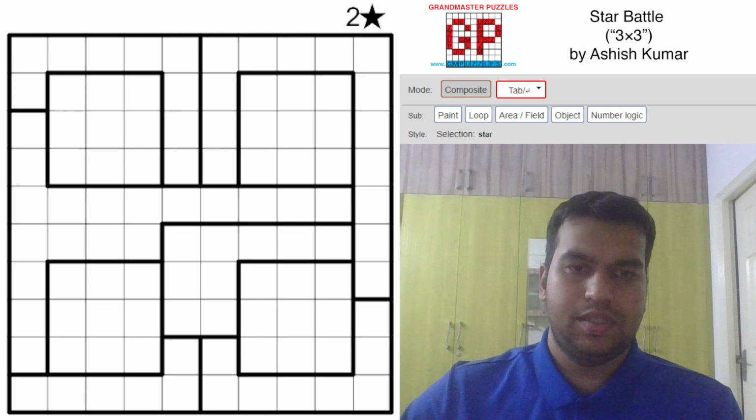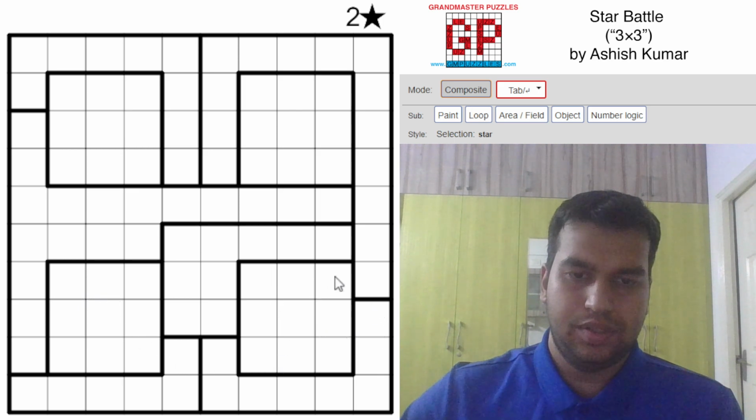We're here to talk about the Star of the Puzzle by Ashish Kumar. It's themed around 3 by 3, and you can see the four 3 by 3 areas around the grid. So, the first thing that I see is in the last four rows, these four regions are entirely in these